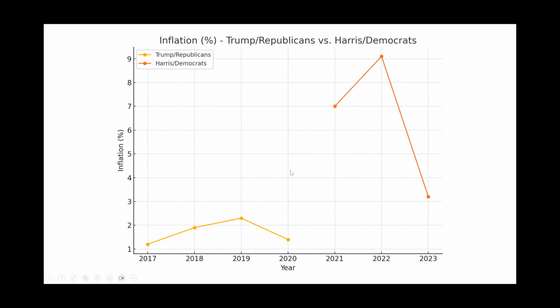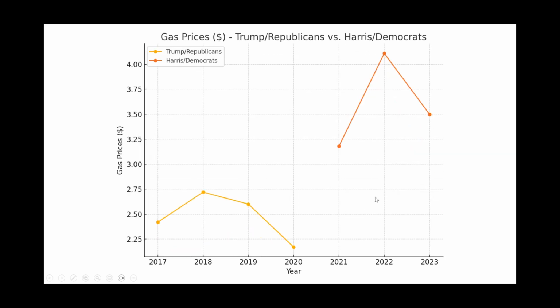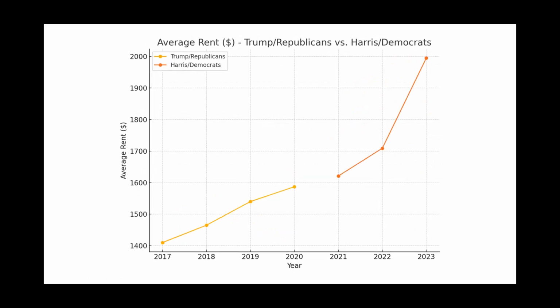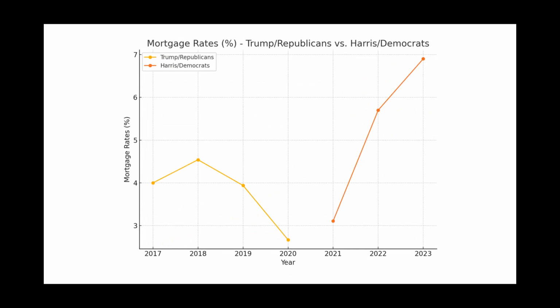This slide also is a lot of ways to use what we call fake news. Fake, not in that it's a lie, but it's meant to deceive you. It's like magic. And you'll see a lot of fake news and talking points. The Democrats will say inflation is going down. Technically and factually, that is correct. Inflation is going down. However, as a comparison between Trump and Republican policies and Democrats, prices are still way, way up. And you can see that through gas prices, loaf of bread, eggs, average rent, and even mortgage rates.